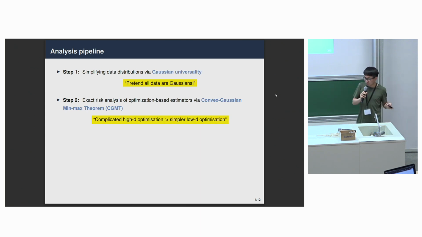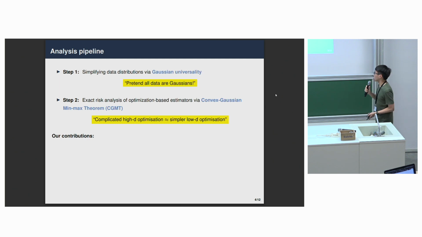And there's another set of techniques that says, if I know that all my training data are Gaussian, so if all the randomness is Gaussian, then I could use some Gaussian process-inspired techniques to analyze exactly my optimization problem, for example, the asymptotic test risk of my optimization problem. We are going to focus on what's called the convex Gaussian min-max theorem, CGMT, which at an extremely high level is a set of results that says if you have a complicated high-D Gaussian optimization, you could reduce it in many settings to simple low-dimensional optimization problems. I'm going to go into the literature of this and explain what these are in a sec, but these are all known results that were established over the past decade.